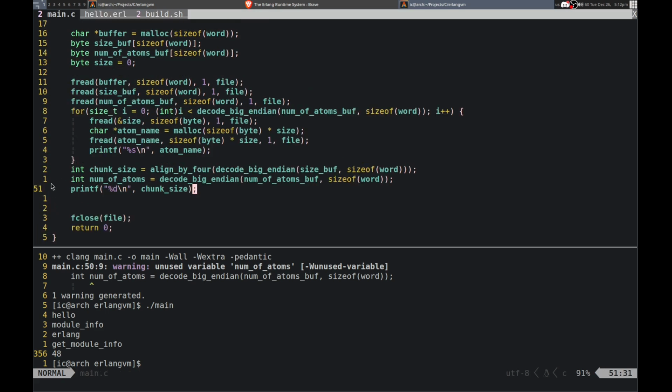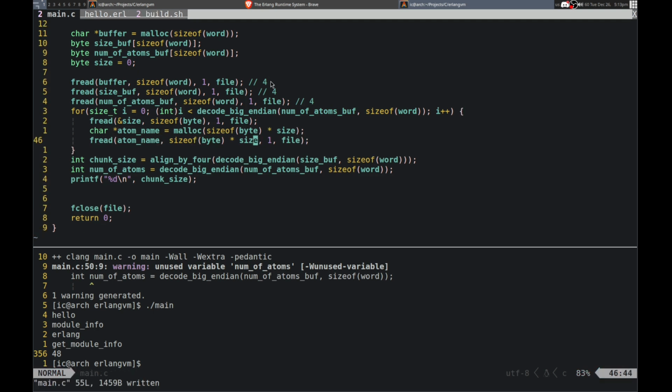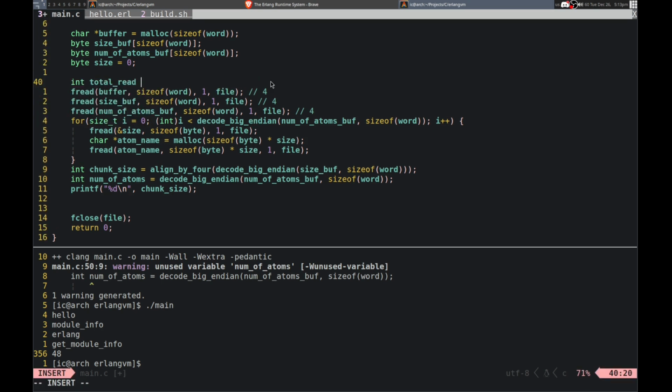Okay. So we need to know basically how many bytes we've read here, and we need to just read a little bit past that. Or let me print the number of atoms. Well, that is actually already 4. So yeah, we just need to basically accumulate how many we've read. So we know that this is 4. And this one as well is 4. And then this is going to be 4 as well. And then for each one of these, we have a set amount that we need, so I don't need to print that out. Let's see. So yeah, we don't know exactly how much it is, so we need to sort of do a sum. Total read.